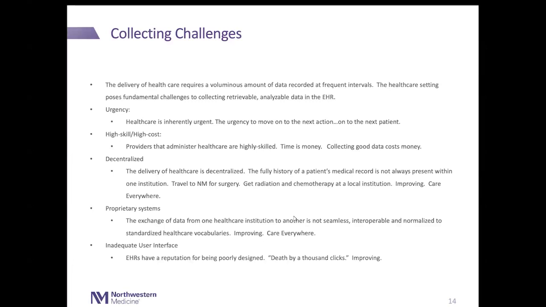It's decentralized. The delivery of healthcare is not always in one place. The full history of a patient's medical record is not always present within one institution. Somebody can have a surgery at one place, then come back to Northwestern for radiation and chemotherapy, or vice versa. There is Care Everywhere, and we're starting to figure out how to query that, and it's making things a little bit better. Healthcare has proprietary systems that don't necessarily exchange information very well. Again, that's improving with Care Everywhere and some other